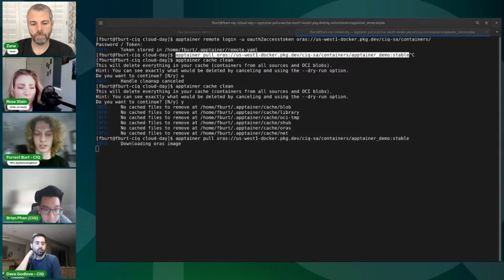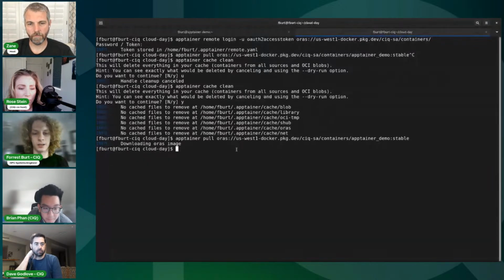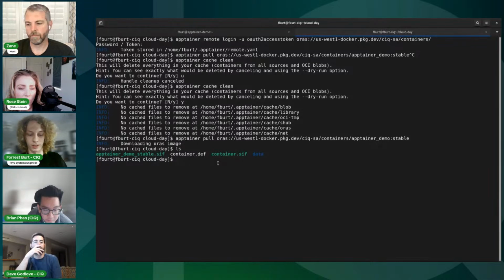This is pretty small, just like 100 megabytes or so, so we should see this finish pretty fast. But you see we get that indication that we're pulling down an ORAS image. We get that right there. This image is just a really simple Python type image. It's just what I built with this